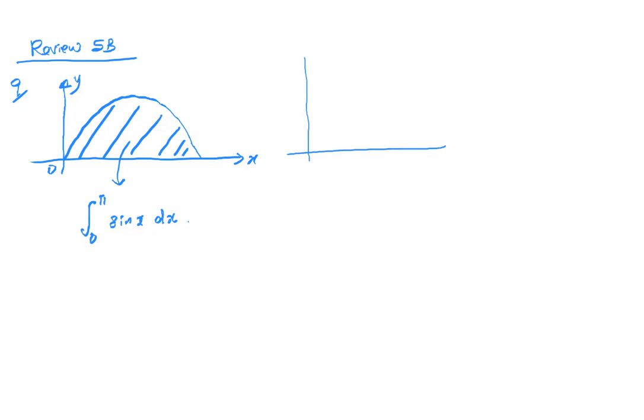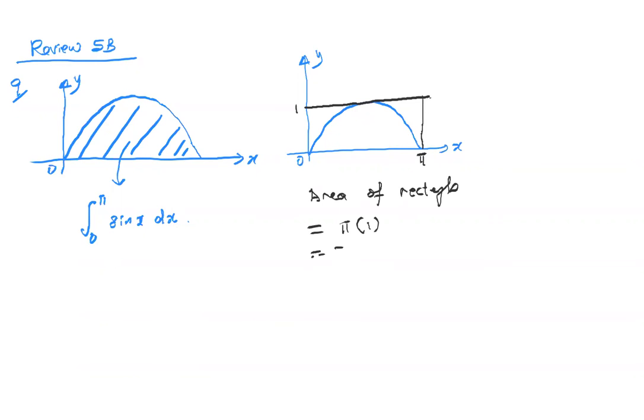Then after that, you draw the curve. Then you draw a rectangle. This is 1 and here is pi. So therefore, area of rectangle, you write down. This is pi times 1 equal to pi. Then next,